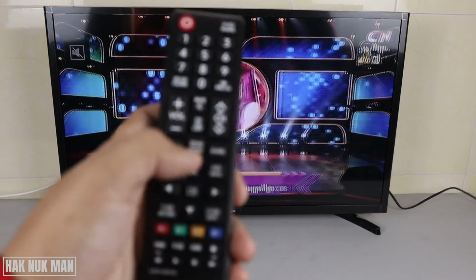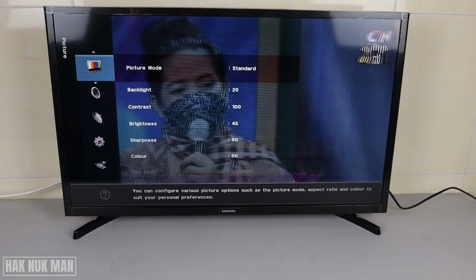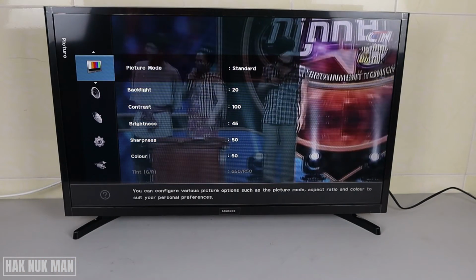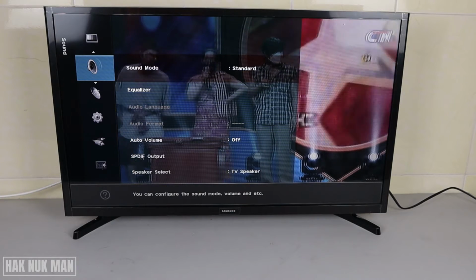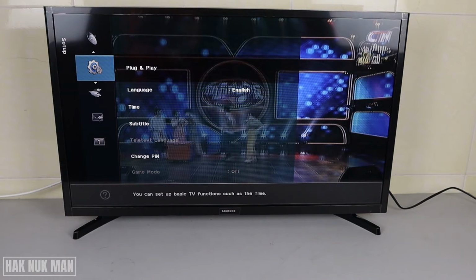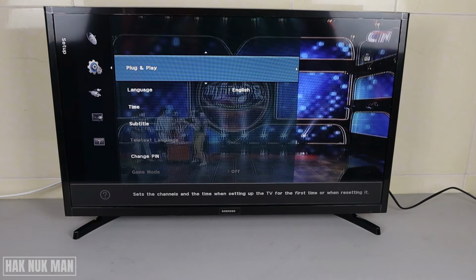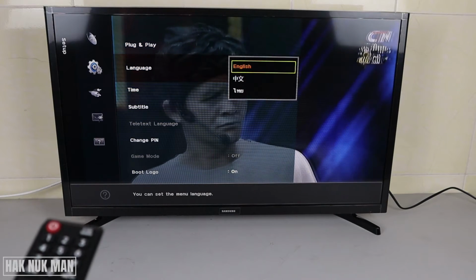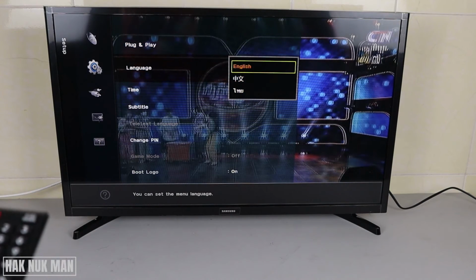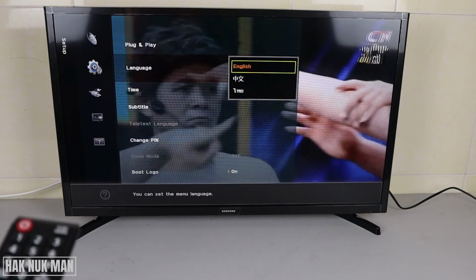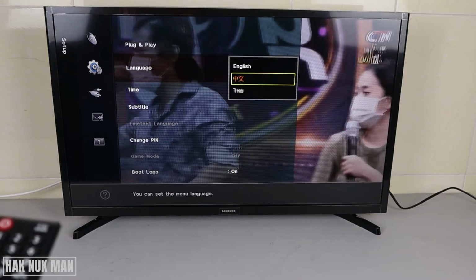First of all, you just press the menu on the TV remote and then press the right and then go all the way down to the setup. Press the right button and just go to the second button and select it. Now you can change to another language. It has the Chinese and Thailand. So for example, now I change it to Chinese